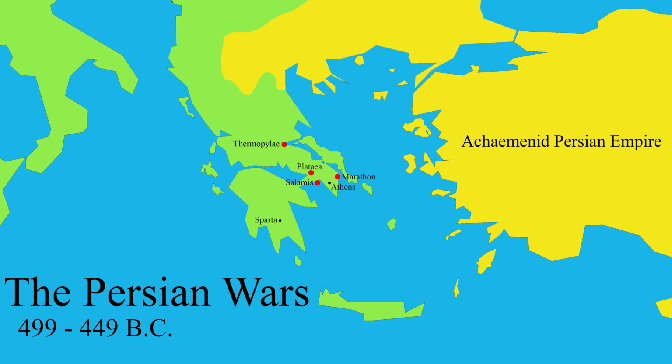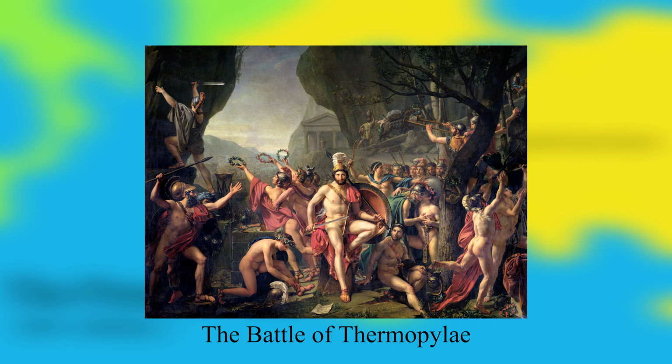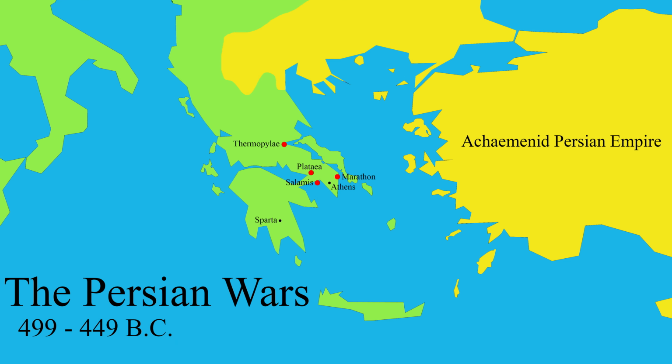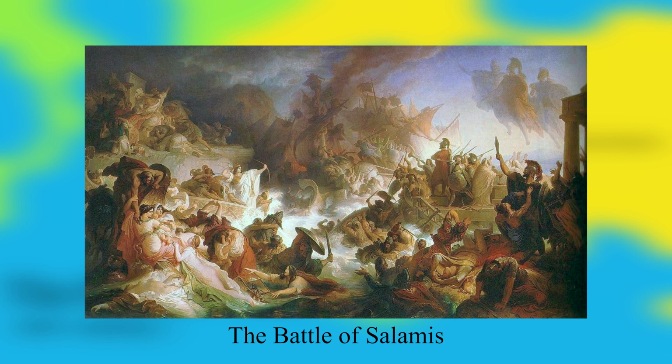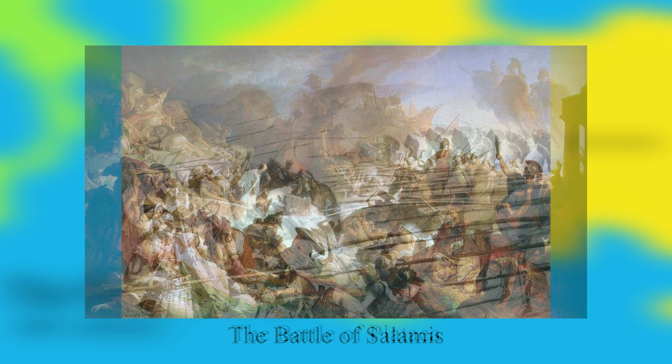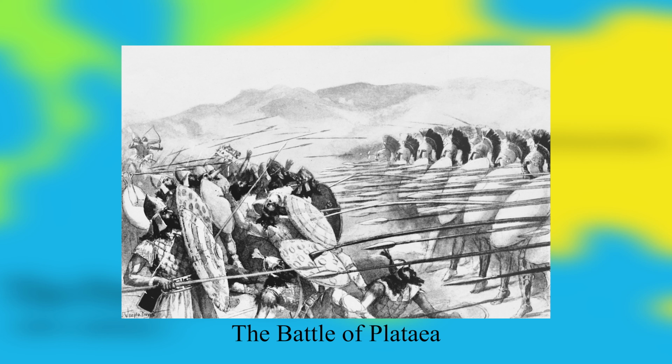Years later, during the second invasion, the Spartans, despite fighting valiantly along with their Thespian and Theban allies, were vanquished at Thermopylae, and the Persians were able to march into the mainland before putting Athens to the torch. The Athenians then struck a decisive blow against the Persian fleet at the Battle of Salamis, and finally the second invasion was repelled at the Battle of Plataea, where the Spartans and Athenians fought side by side.